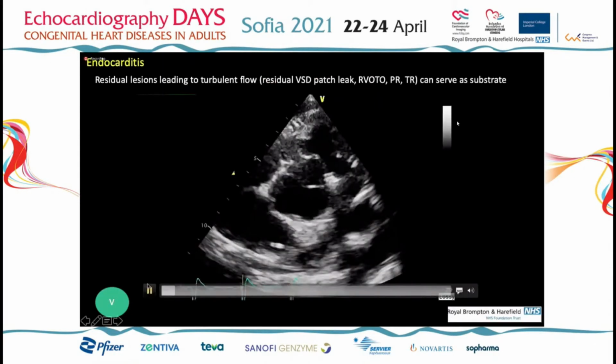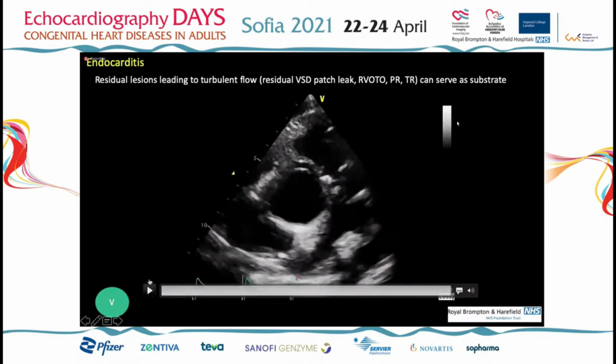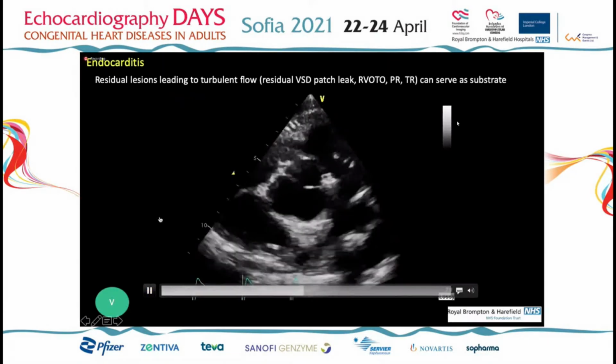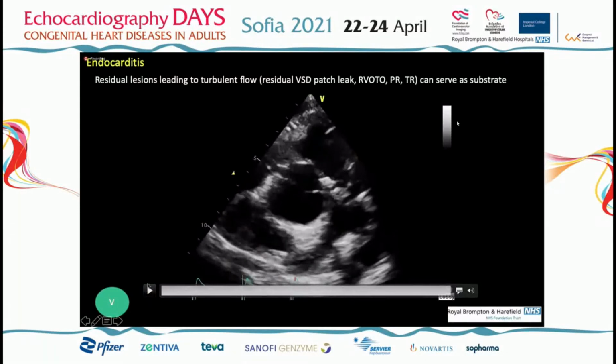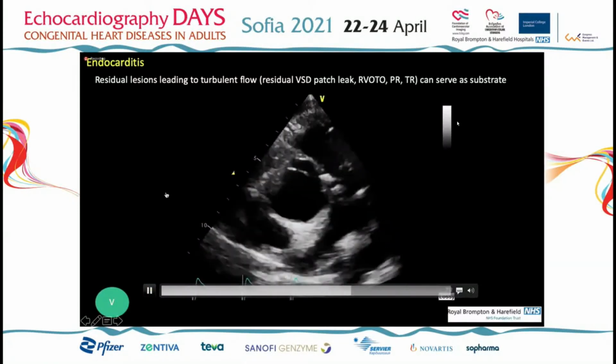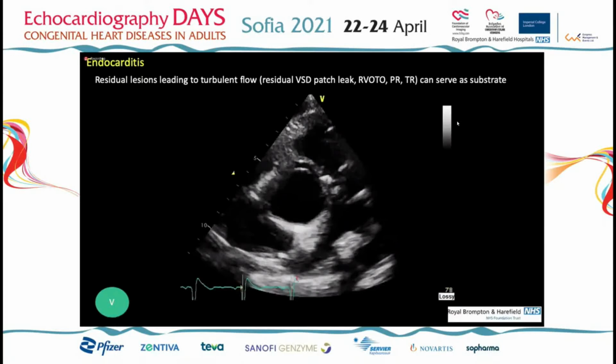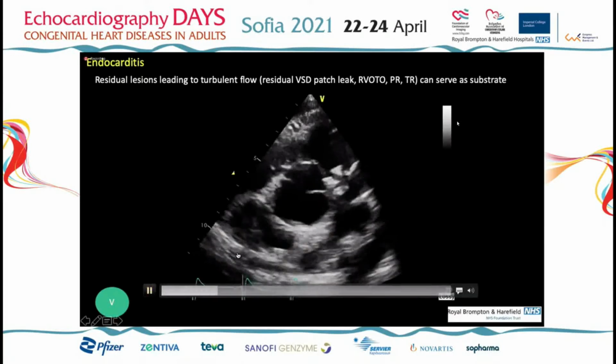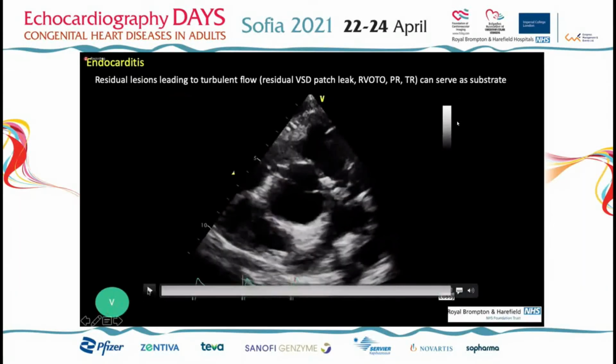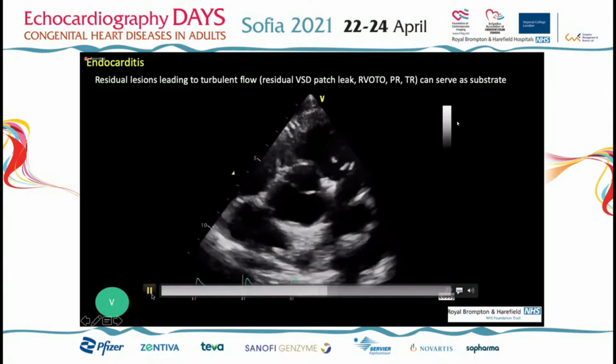And obviously, the risk of endocarditis is always present in any patient with cyanotic congenital heart disease, and post-repair, the risk remains, especially if our patient has a valve inserted or a conduit. So it is very important that we always try to rule it out if our patient behaves clinically as if